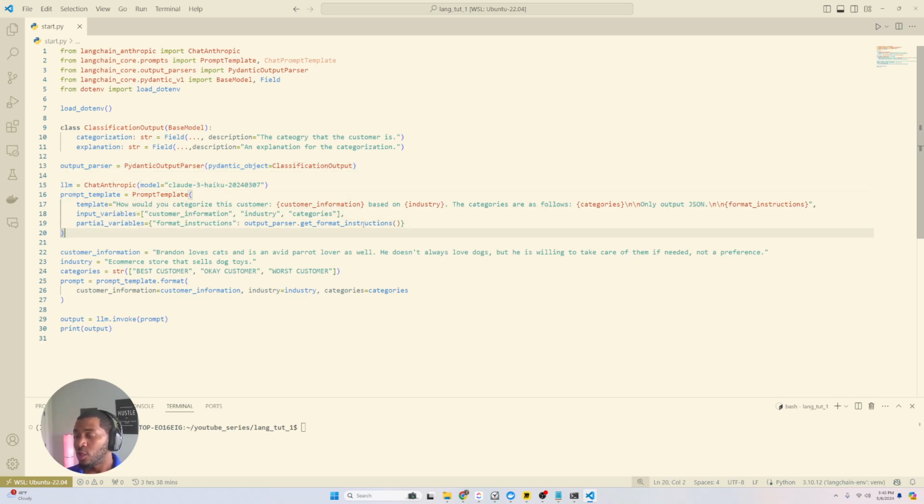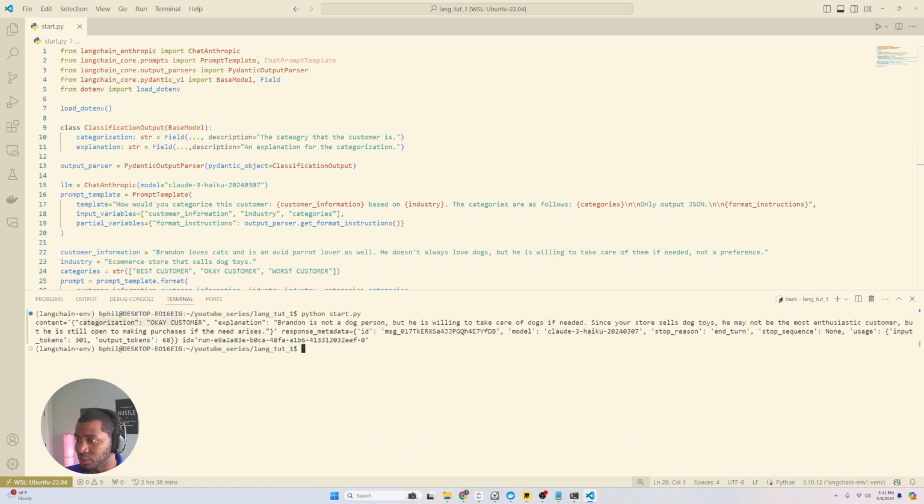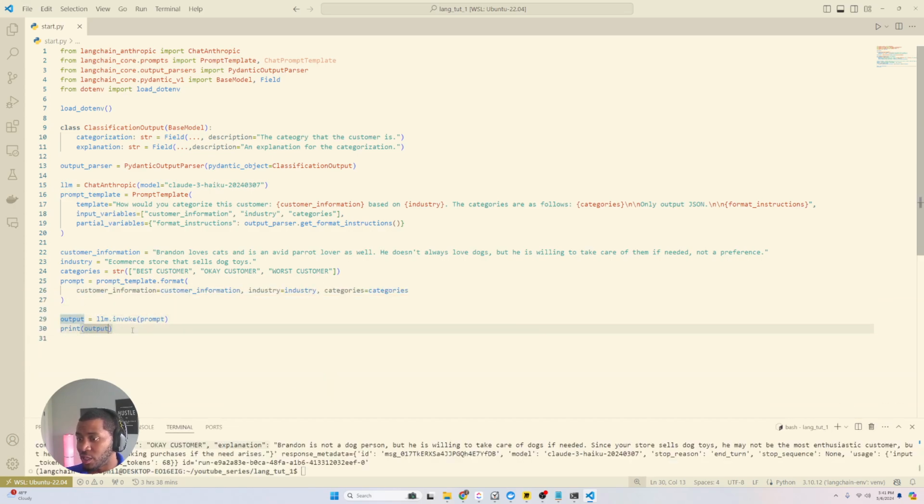All right, great. So now that we've done this, we should be able to get these categories as best customer, okay customer, and then worst customer. So let's see how this turns out. We're gonna run python start.py. And as you can see, it gives us a categorization and an explanation. So let's just go ahead and say .content,